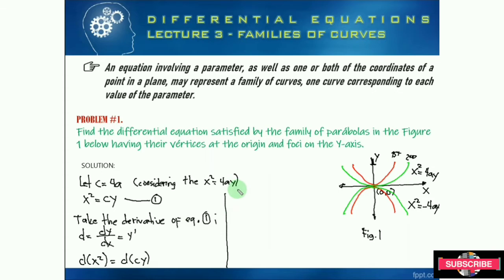Okay, after that one, we need to simplify. The derivative of x squared is simply equal now to 2x, and then this 2 minus 1 is equal now to the derivative of our variable c times y, plus, so this is now a quantity here. Okay, and for the second term, we have here this,